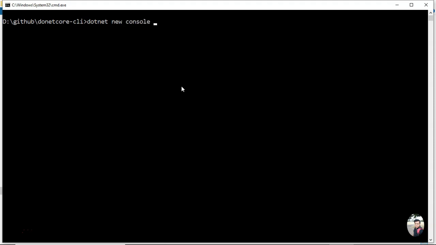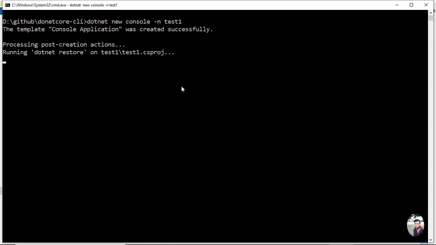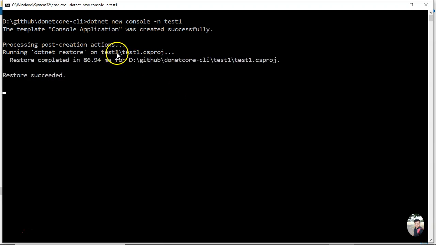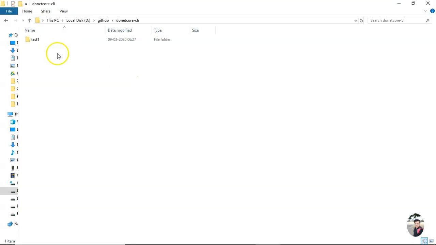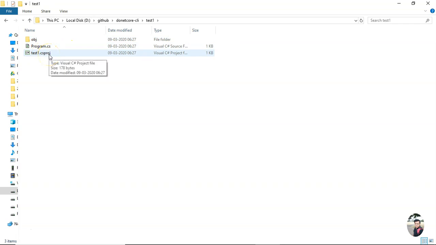It's a console application, the name option, and then you can just say test1. You enter it. See test1, and it says the project has been created. So if you go to the folder, you see folder test1 got created. If we go inside it, we see test1.csproj project got created. It's a console application. So if you open it in Notepad,